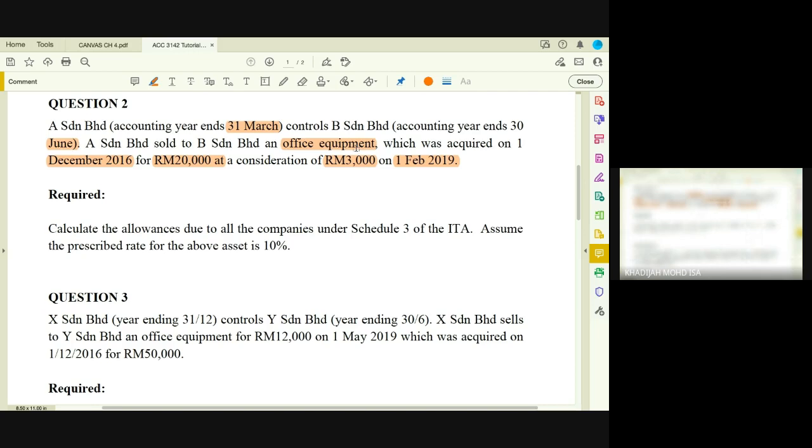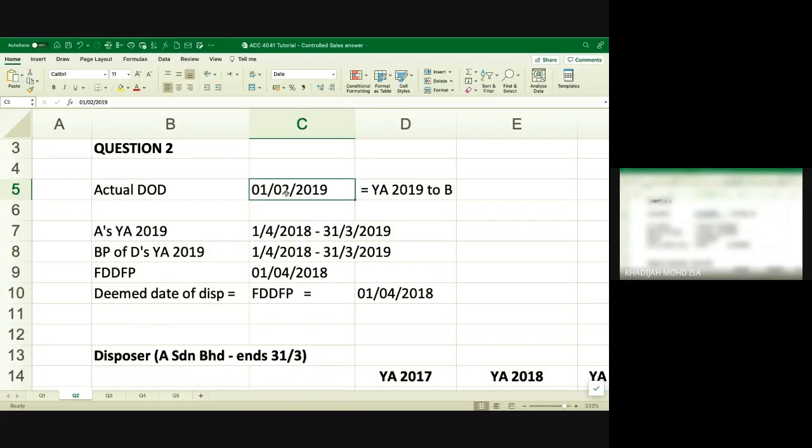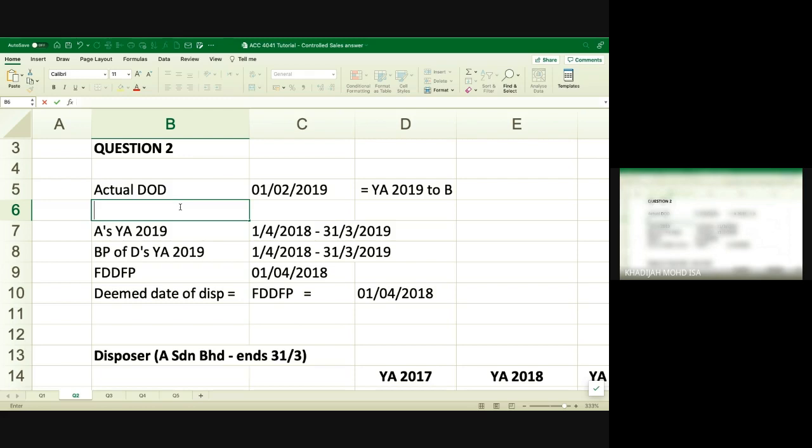Okay, let's look at what is the date of disposal. Date of disposal is on 1st February 2019. So that is 1st February 2019. And two, using the date of disposal,